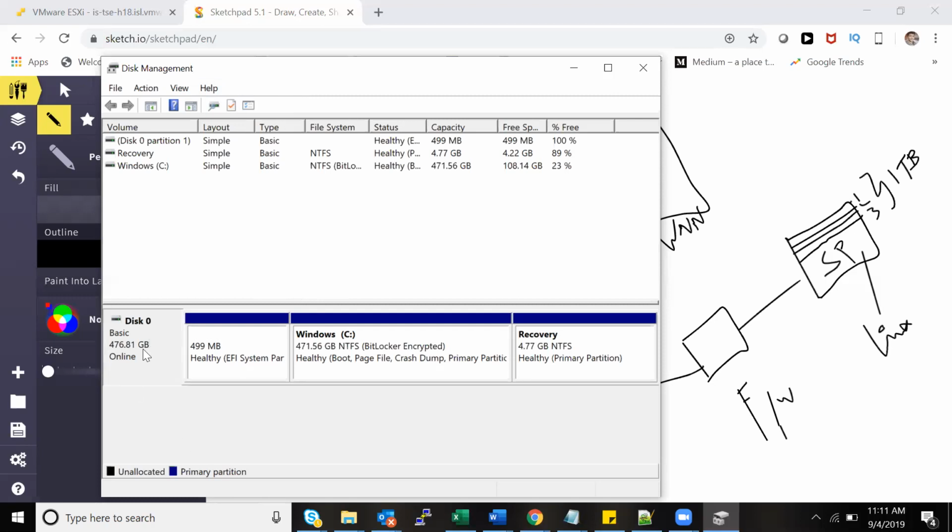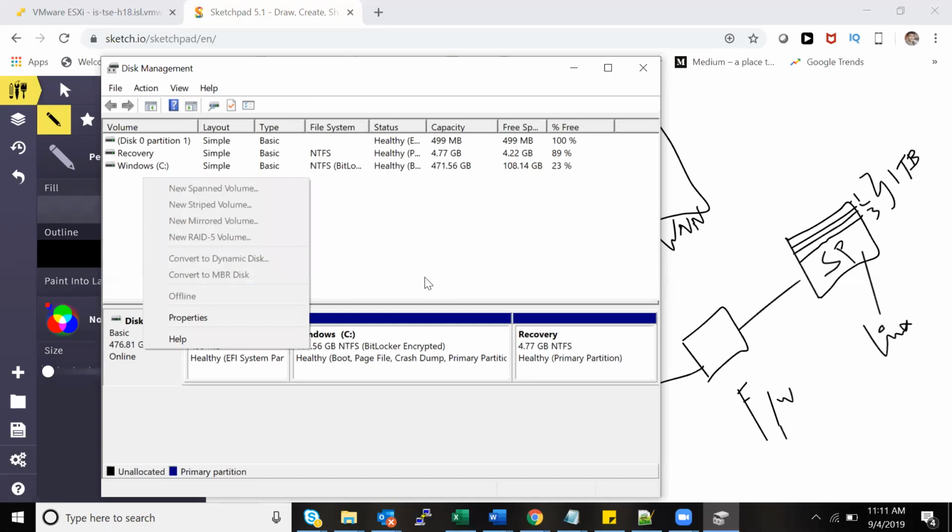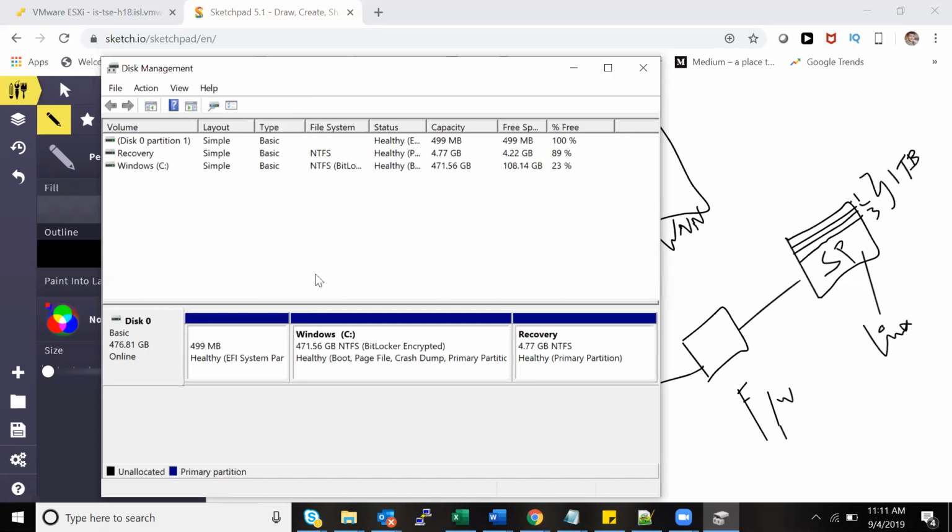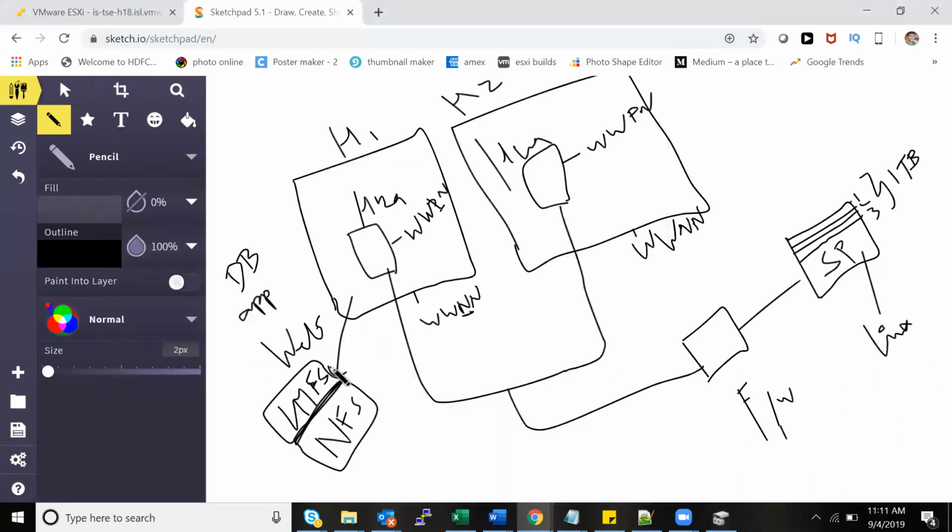But in Windows, you do not create a folder like that. You do not create something like that. That's the only difference in VMware. I'll tell you why. Once you present a LUN to Windows, it's usually used for that Windows machine only. It's a single machine, but here this is shared storage. Correct. So this data store is for this particular ESXi host.